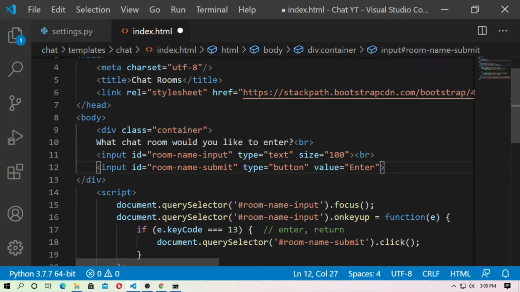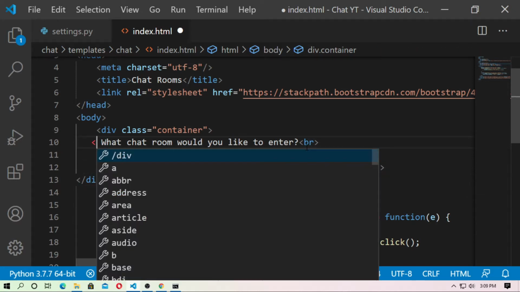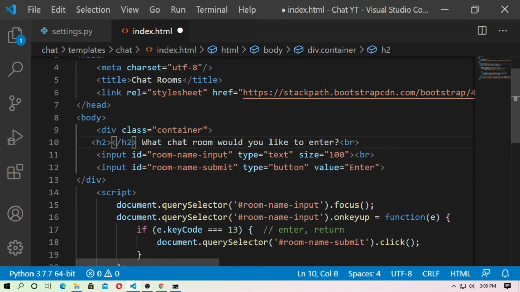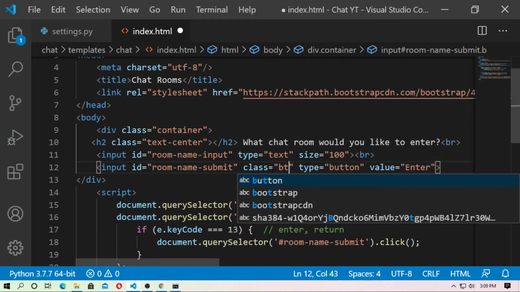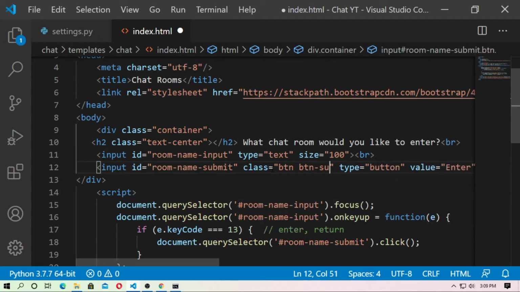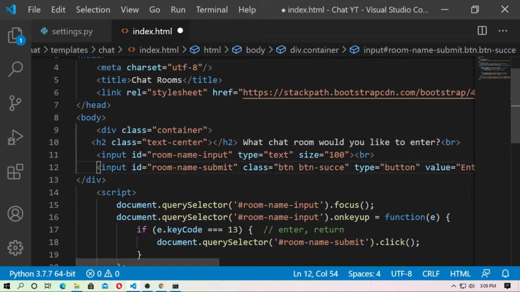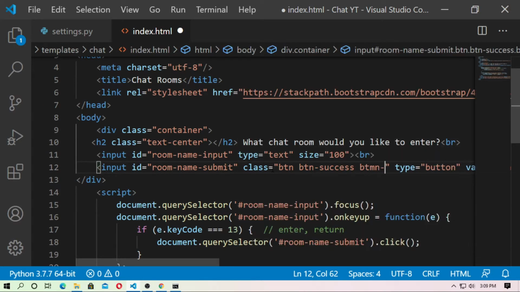Okay, so you can create an h2 tag with the class text-center. So the class is text-center. This is the Bootstrap class. Okay, so this is the input tag and this is the button for submit. So you can specify the class for the button for Bootstrap, btn btn-success, and btn-lg.